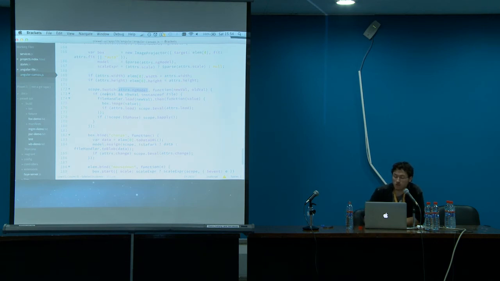And what this is saying is, okay, if there's a valid value and it's a file, then I'm going to throw this in my file handler, which is just a wrapper around the HTML5 file reader API. It exposes that functionality, but wrapped in Angular's promise API so that I can chain off of it asynchronously.